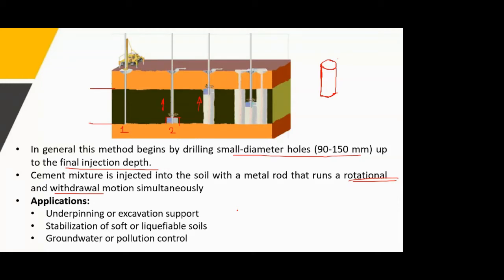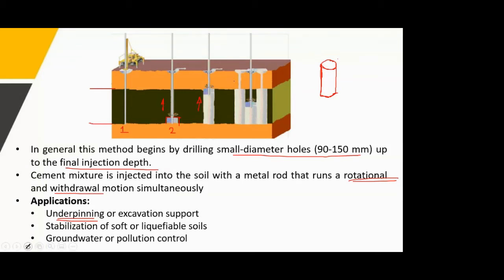So what you can do is temporarily support the whole superstructure on the existing ground. It just acts like a jack that you use for your vehicle when it's punctured and you have to remove the puncture. You apply a jack to your vehicle so that it lifts, and that jack temporarily does the work of the wheels. In the same way, underpinning is temporary support given to your superstructure, and in that time period, the substructure is replaced, or whatever retrofitting or corrective measures you have to take. That is done, and then again the underpinning is removed. So that's the process of underpinning.